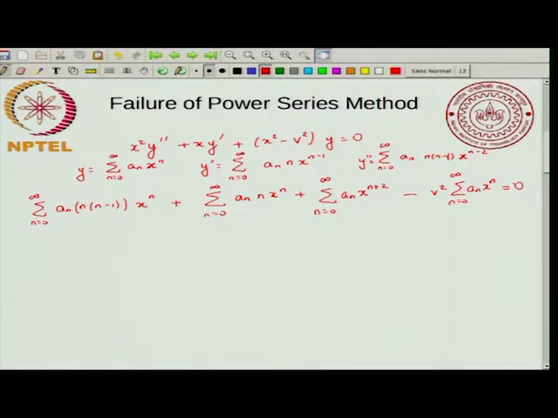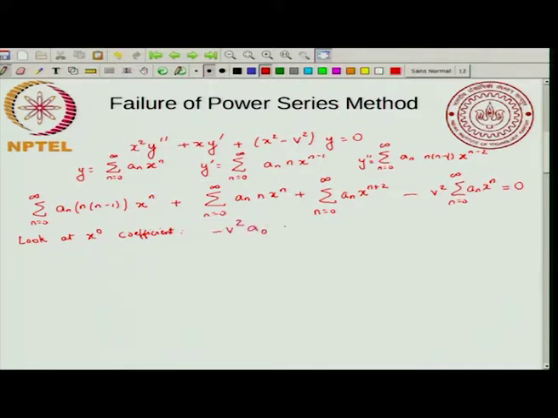And now, let us look at the coefficient of x raised to 0. In the first term, if you want x raised to 0, you have to have n equal to 0, but the n equal to 0 term is 0. In the second term also, the n equal to 0 term is 0. In the third term, you cannot have x raised to 0 because it starts from x raised to 2. In the fourth term, you have minus v square